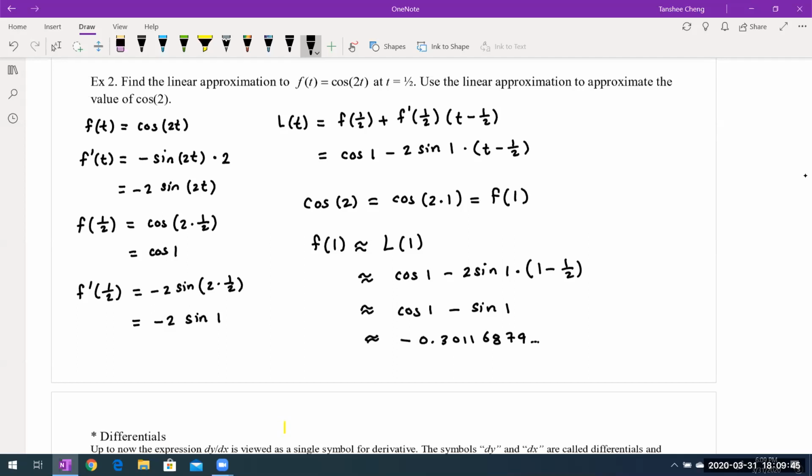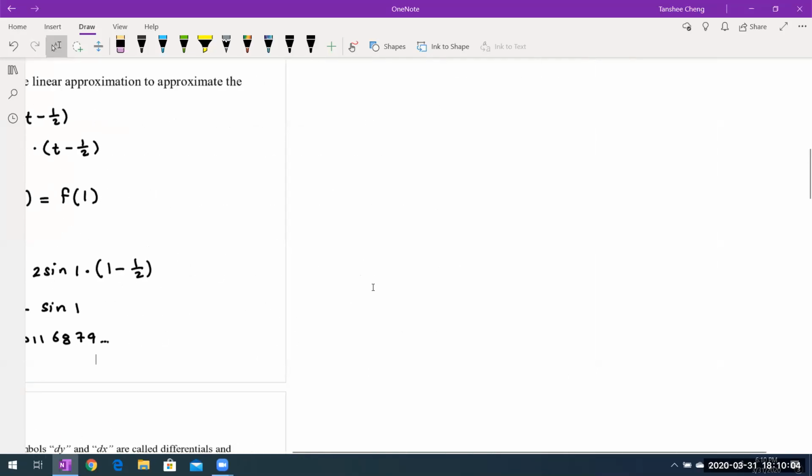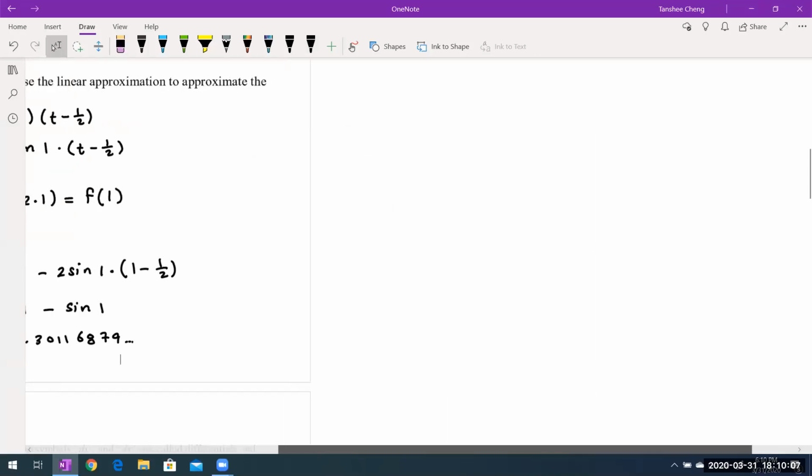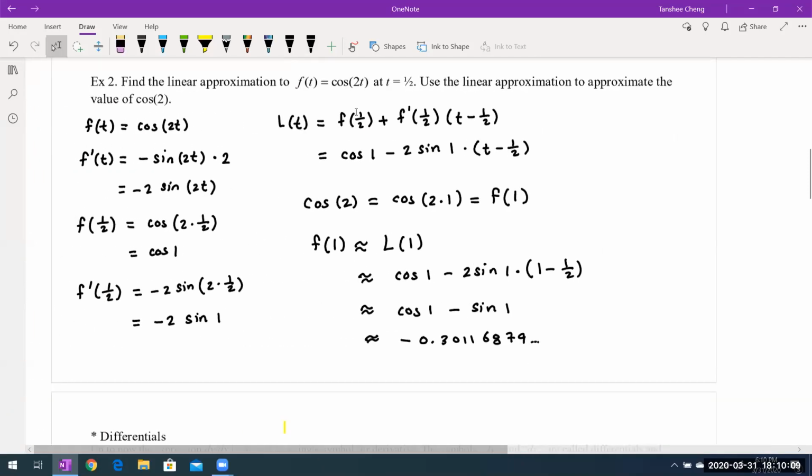And that's basically help us to get the value. Now, what you want to do is use your calculator and compute cosine of 2, to see whether this linearization's approximation is close enough or not. Remember that this linearization function is formulated around t equal to half, and then we are evaluating at t equal to 1, so it's about 0.5 away. It's not that far, it's not that close, so there will be some error that we're gonna